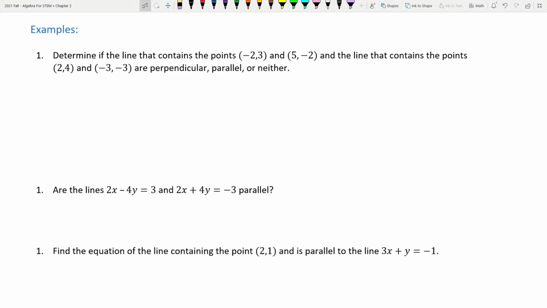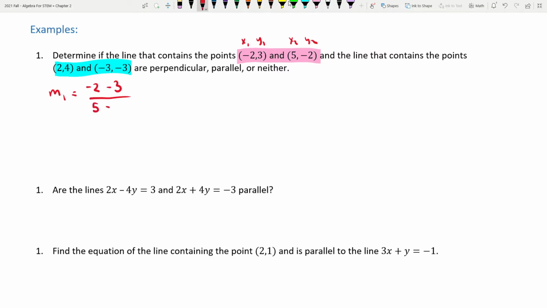that contains the points (2, 4) and (-3, -3) are perpendicular, parallel, or neither, I simply need to find the slopes of both lines. So I'll make this line the red line and this line the blue line. If I'm figuring out the slope of the red line, that's M1, I just need to label our points x1, y1, x2, y2, and find the difference of y's, that's -2 minus 3, divided by the difference in x's, which